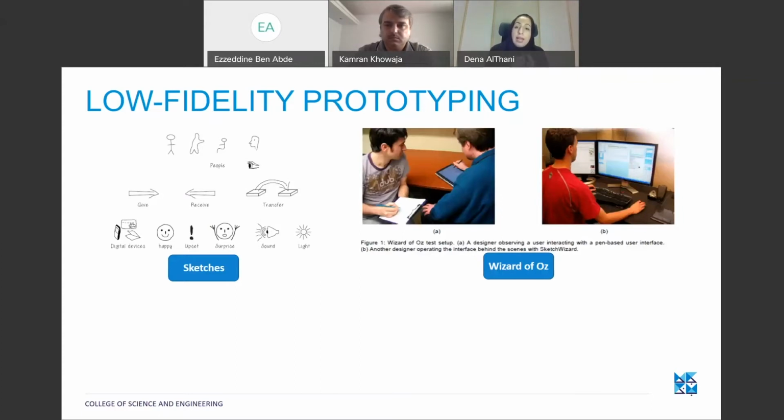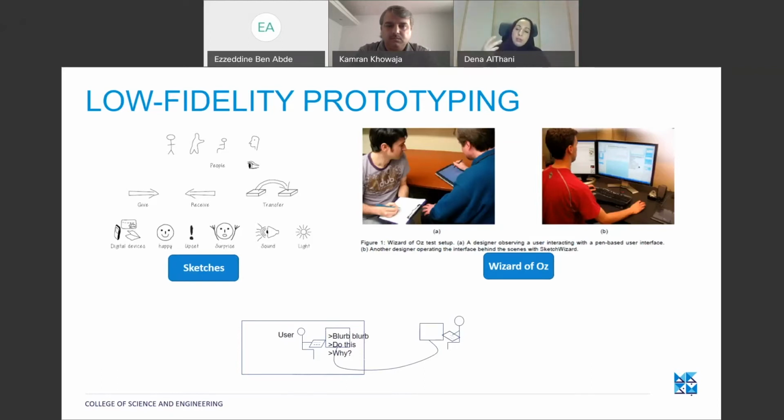So you have the user end part of your software fully developed. However, the back end is not developed at all. So you have someone in the back end responding to the user instead of the system responding to the user, and that's called the Wizard of Oz approach, and it's actually very famous in the area of human-computer interaction. It's used in many contexts,